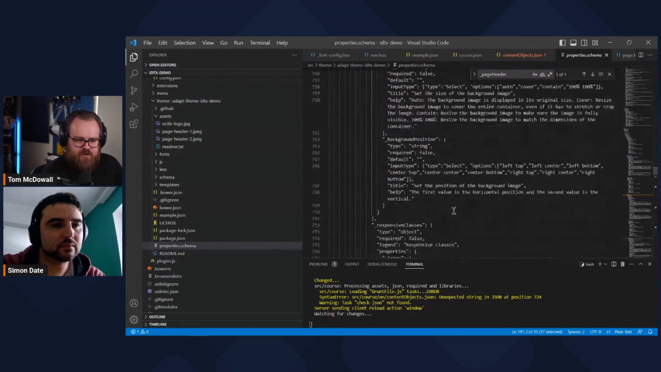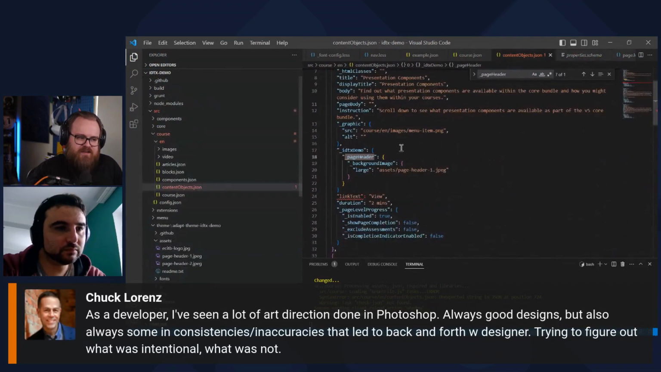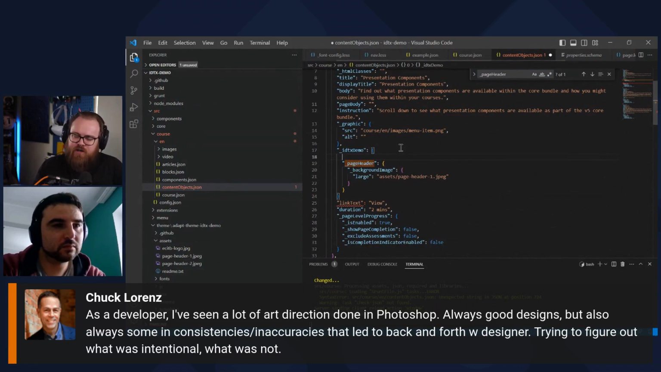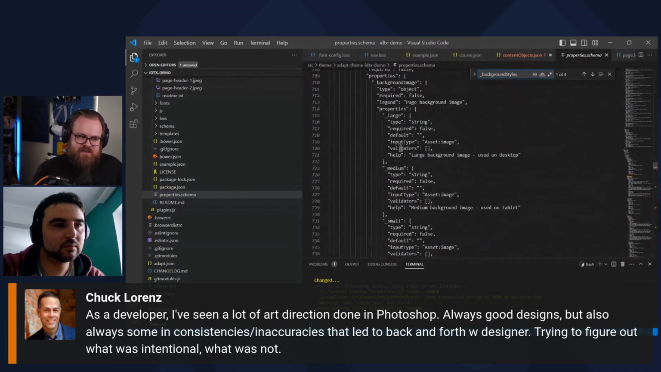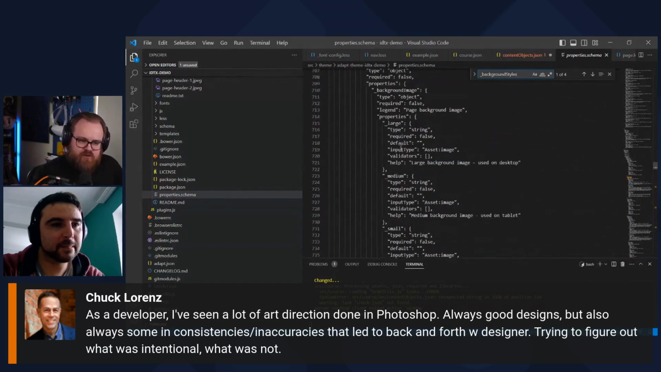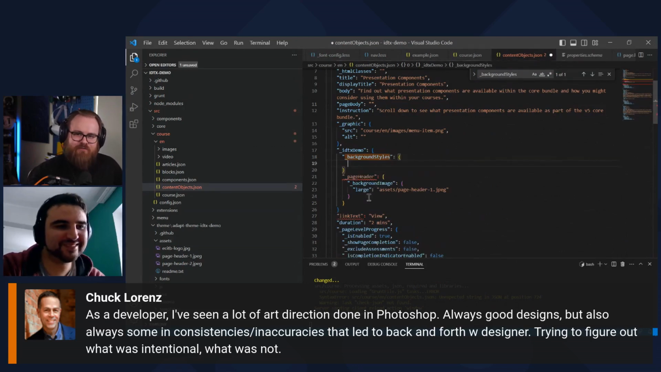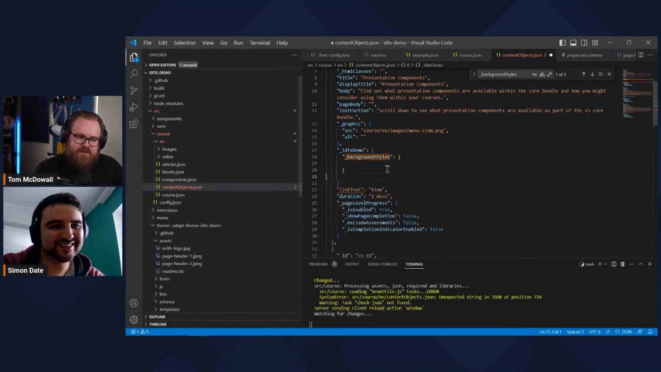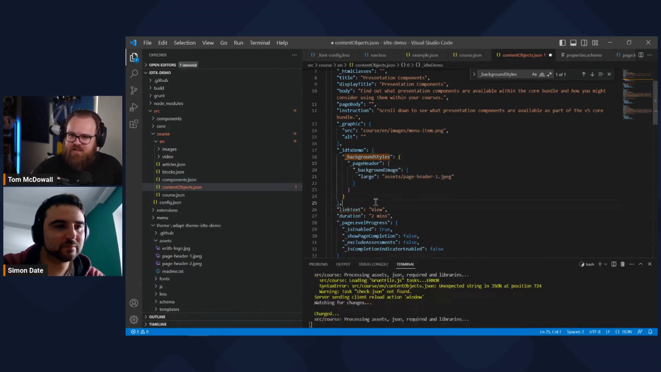Funny enough, in one of Chuck's previous comments, he said that as a developer he gets a lot of art direction in Photoshop. I get a lot in Illustrator and InDesign, things like that. Stunning visual designs, but from a development perspective, every little self alignment that is slightly different from screen to screen, or things that don't quite line up, or text that isn't going to fit like that on a real screen,